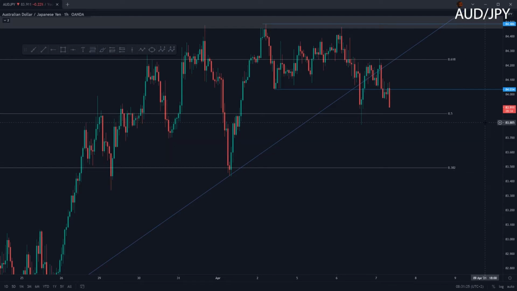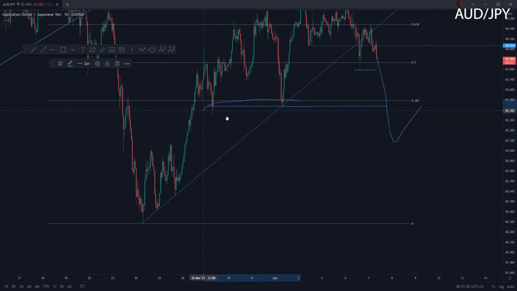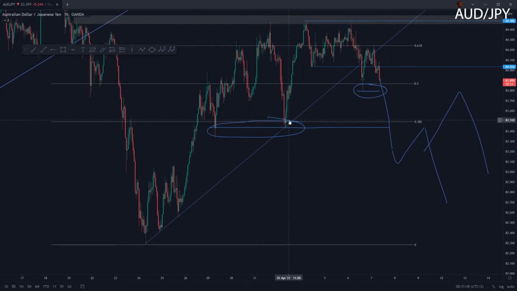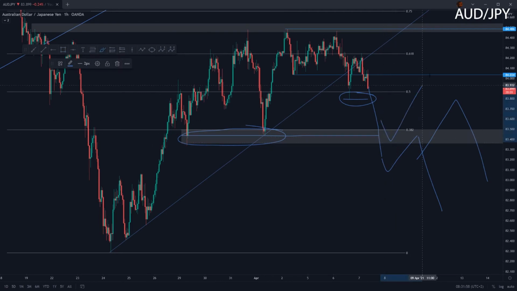Well, I'm going to be waiting for a clean break of all the lows. So I want to see this low taken out, a nice clean break even of these lows over here, then a retracement back down to either these lows or this low, and then wait for more downside on this pair. I'm not going to be shorting this pair if we do not break these lows over here, mainly due to the fact that I still expect there to be liquidity over here, and I still expect that price could potentially reverse a lot stronger from here. So yeah, that's it for Aussie Yen.